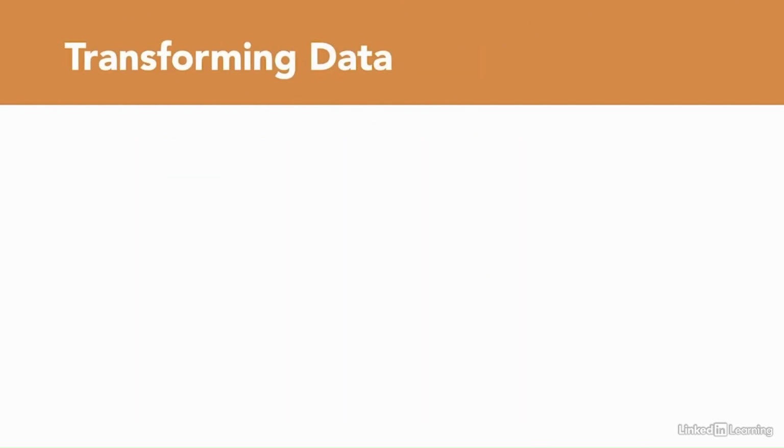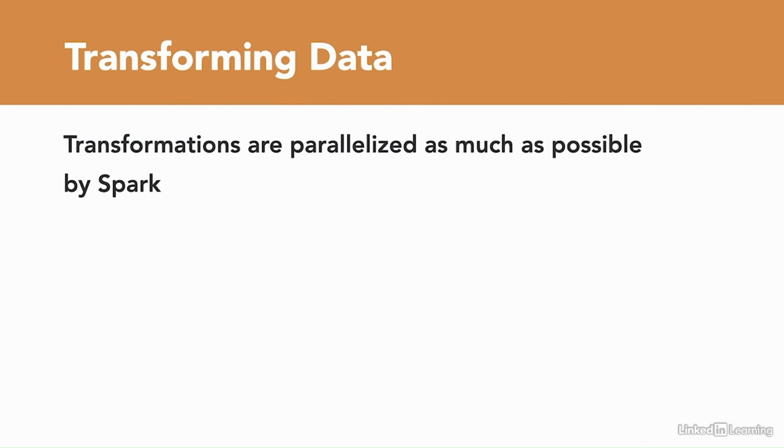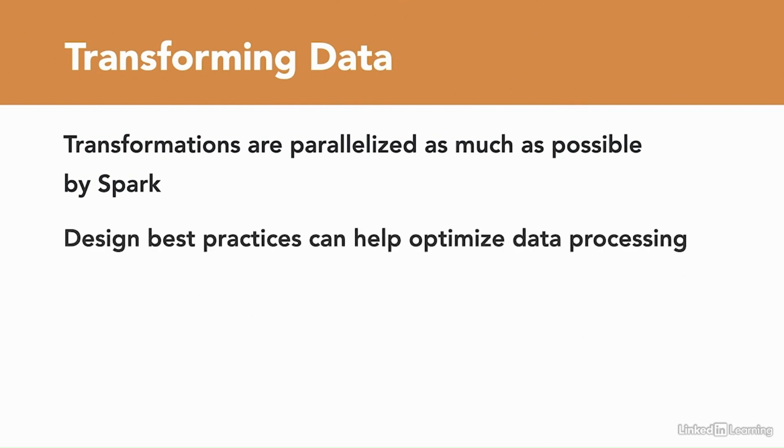What about processing of data? Transformation operations like map and filter are parallelized by Spark. Different executor nodes can process transformations in parallel on subsets of data. In order to enable parallelism and reduce bottlenecks, care should be taken during pipeline design. For example, perform map type operations early in the cycle so we can